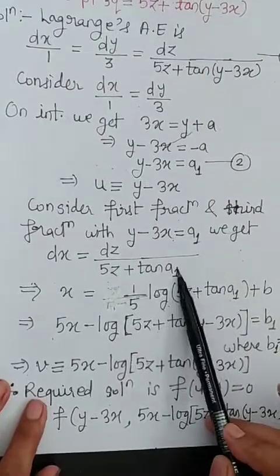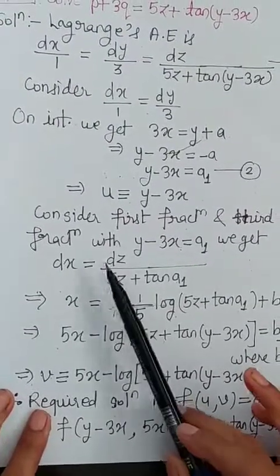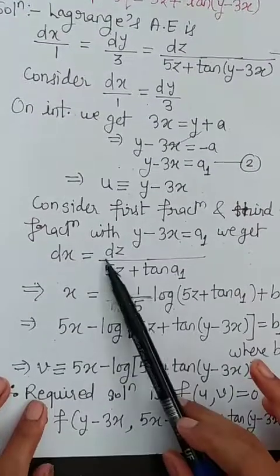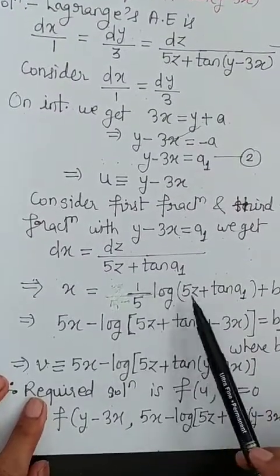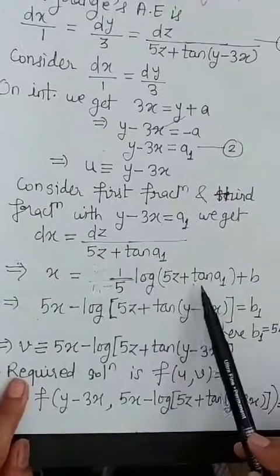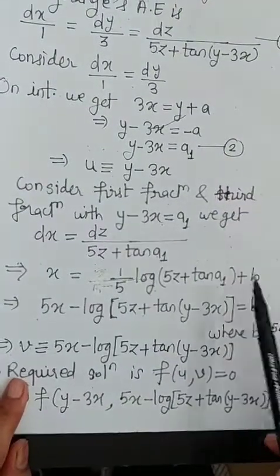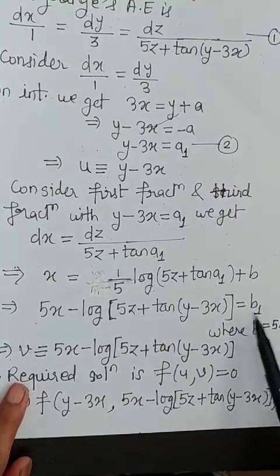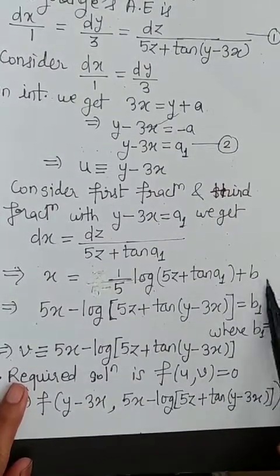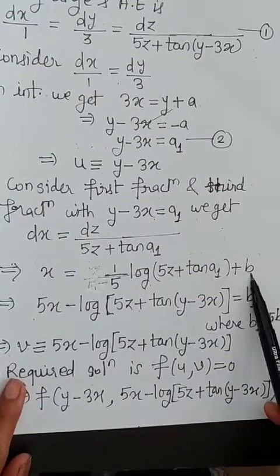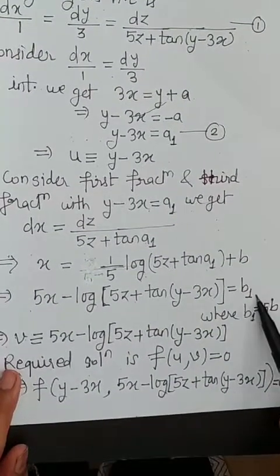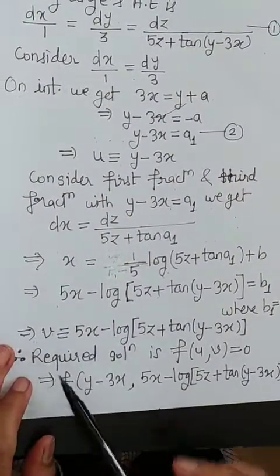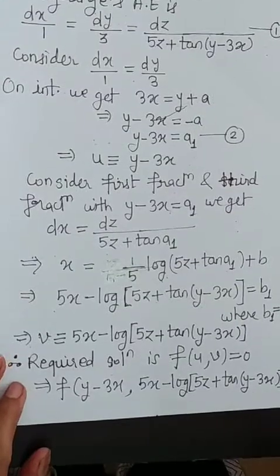Now this is a constant, so it is 1 by 5z. What is the integration of 1 by 5z? It is 1 by 5 outside as a constant, and the integration of 1 by z is log of this 5z, plus this constant as it is, plus b. Shift the variable terms to one side and simplify. At the same time I am multiplying by 5 also, so this will become 5b, which I am denoting by b1. So we get an independent solution v, hence the required solution is obtained.